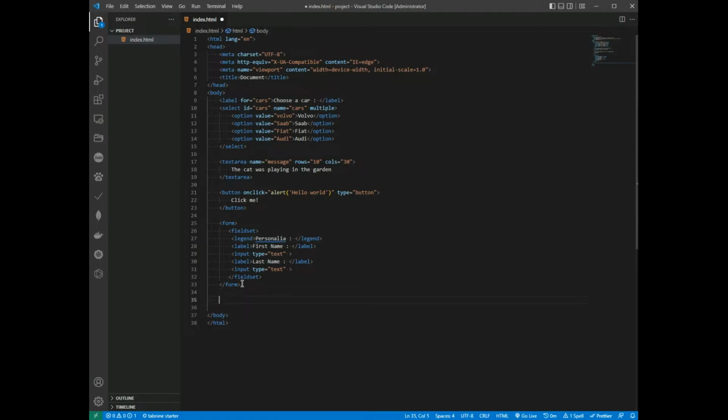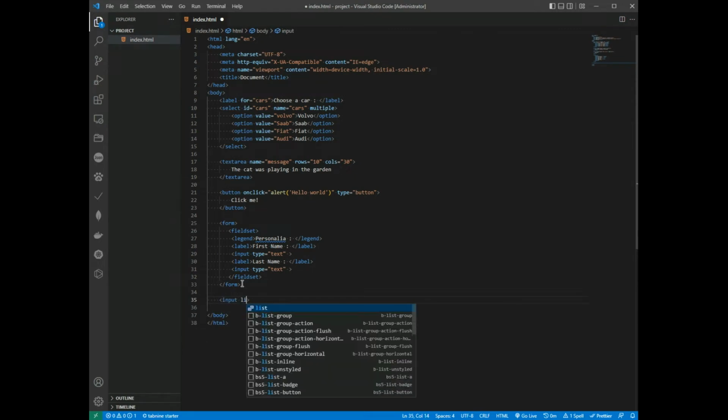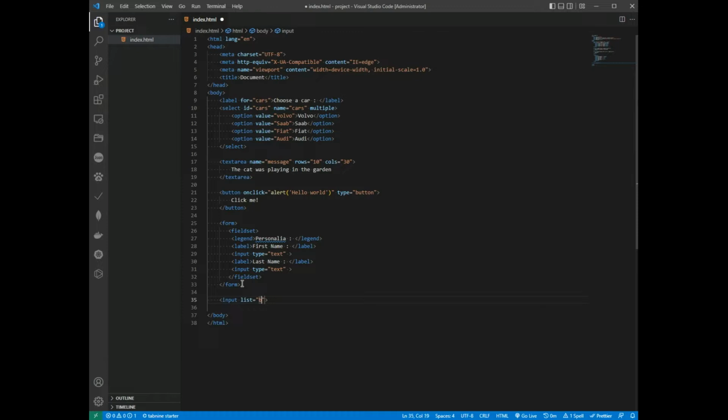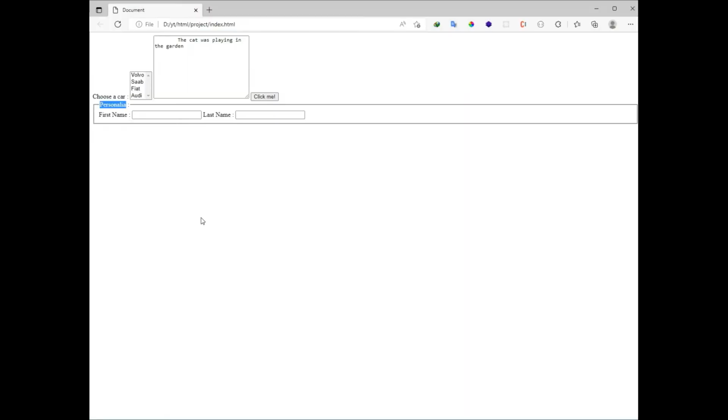So create an input and list is browsers, and create a datalist and ID browsers, and I copy the options, paste 1, 2, 3, 4 and 5. We have 5 options, and Ctrl S, Ctrl R,